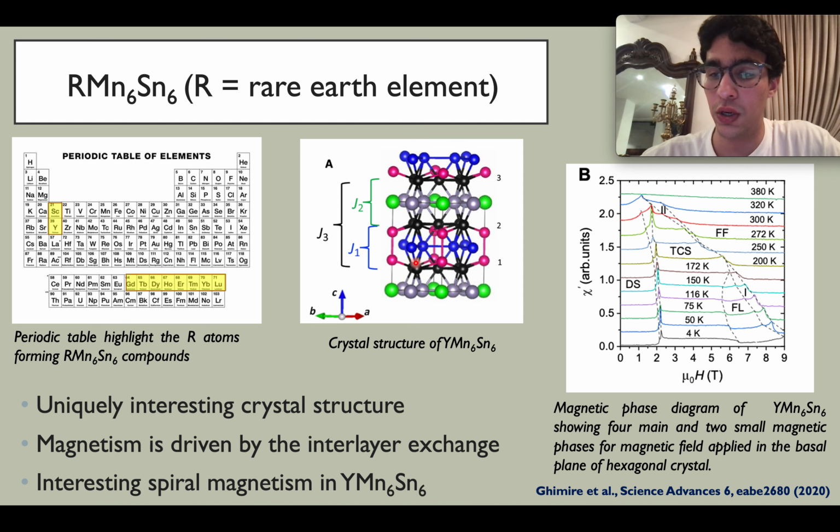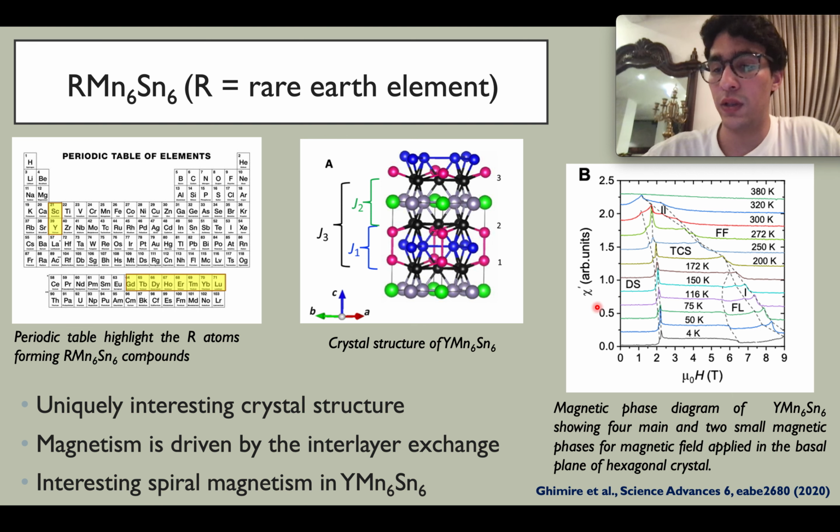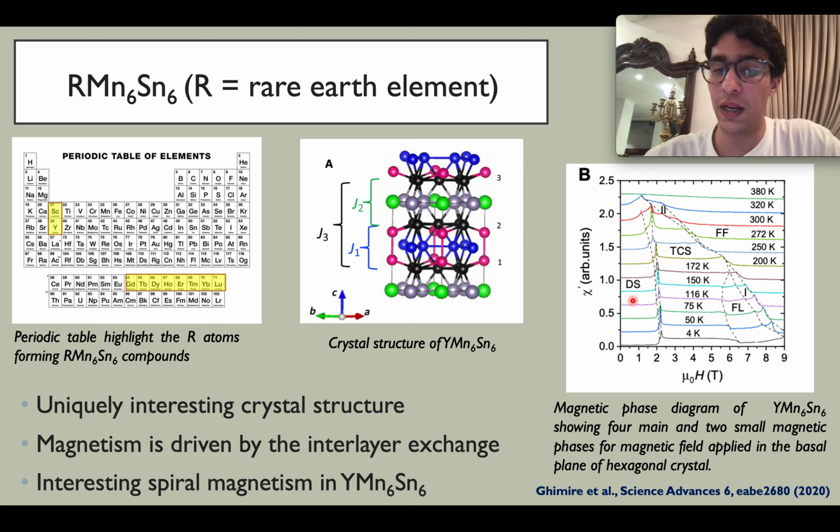Because of the layered structure shown here, where the manganese layers are separated by two different blocks, one tin-containing layer and the other tin and R atom-containing layer, the magnetic interaction between the layers is different, as shown by the exchange constants J1, J2, and J3. The competition of these different interactions and the external magnetic field leads to a very unique phase diagram, and this is an example of the phase diagram with the rare earth element chosen to be yttrium, with magnetic field applied